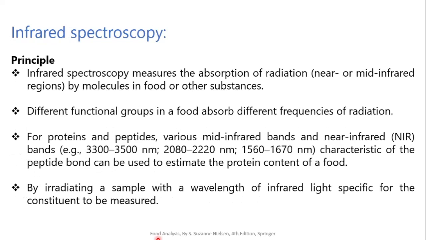Now the next one is the IR spectroscopy method. Infrared spectroscopy measures the absorption of radiation in the near or mid IR regions by the molecules in food or other substances. There are different functional groups in the food which absorb different frequencies of radiation. For proteins and peptides, various mid-IR bands and near-IR bands occur, such as